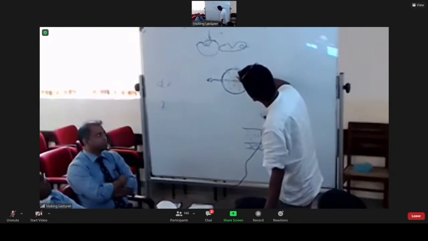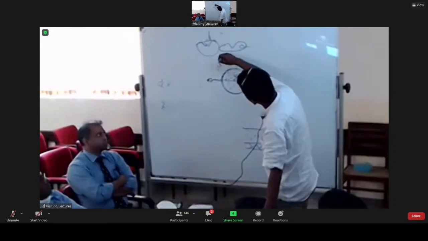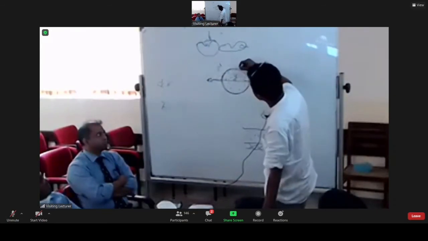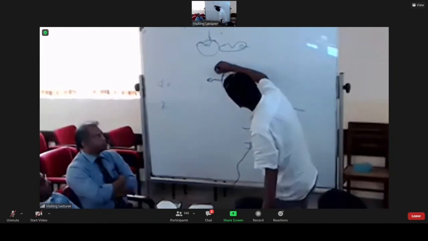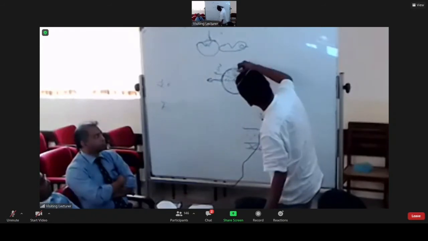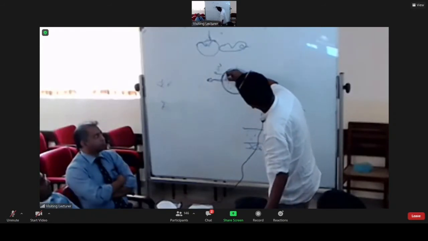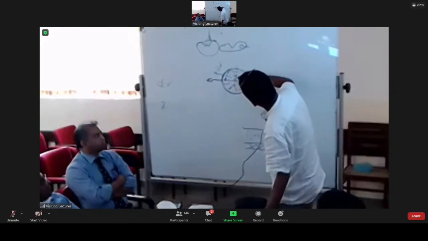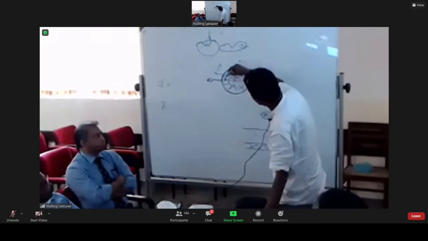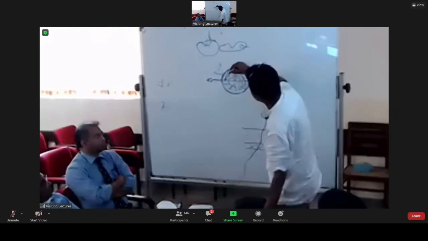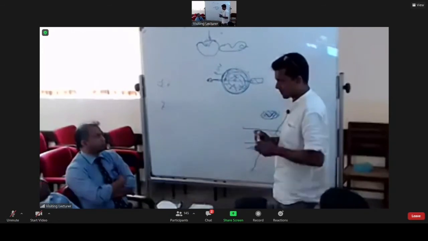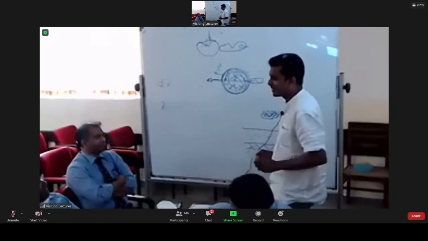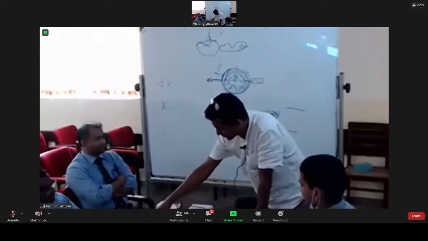When the light crosses two mediums, let's say this is water and this is air, at the interface between water and air there is something called total internal reflection. So not all the light is transmitted out. Some of the light that meets the wall at an angle is reflected back. So a lot of light gets trapped inside and travels inside the lump, and some of it comes out. Total internal reflection.